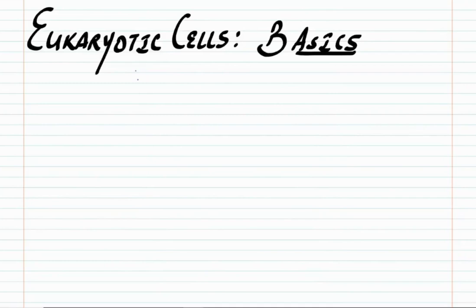In the previous video, we had discussed prokaryotic inclusion bodies. In this video, we are going to discuss the basics of the eukaryotic cell. The word eukaryotic is made up of two words, eu meaning true and karyo meaning nucleus. So these are the cells where a well organized nucleus is present